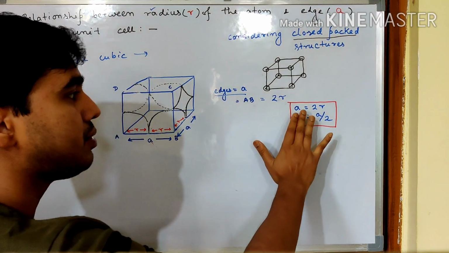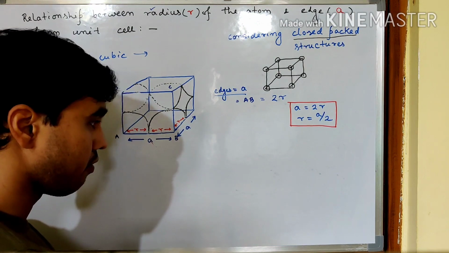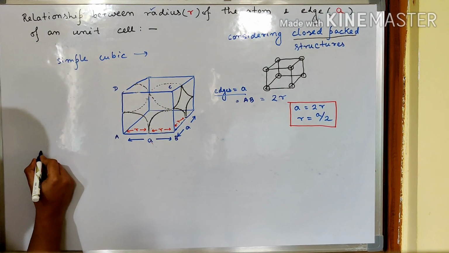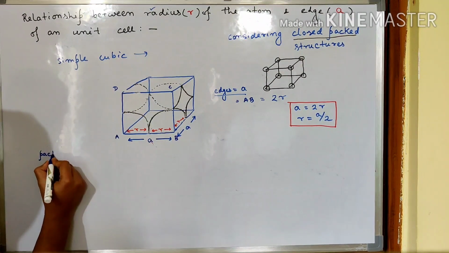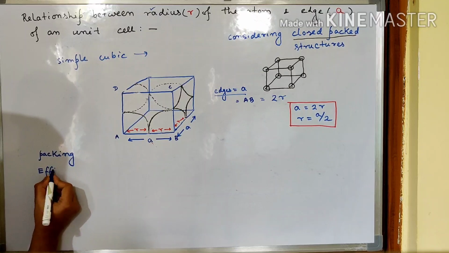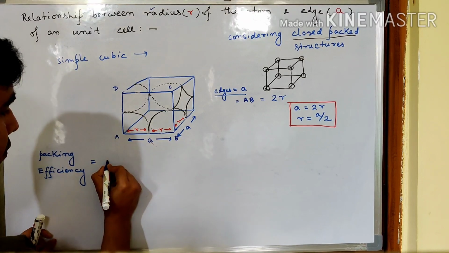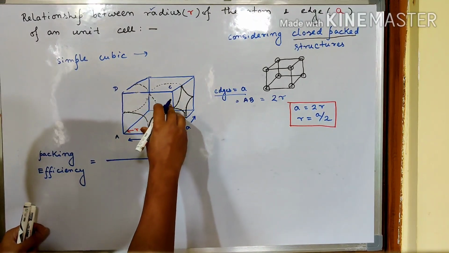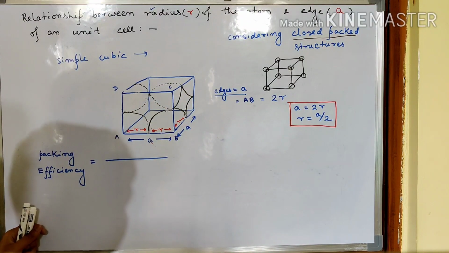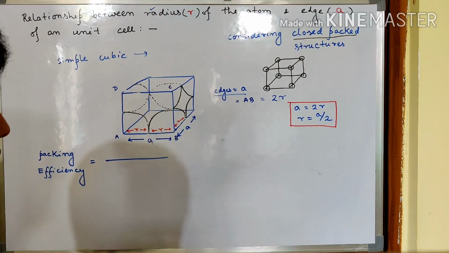After understanding the relationship between A and R in case of simple cubic, remember, because in case of BCC and FCC it is going to change, we will calculate here the packing efficiency. Now what is that? Packing efficiency means how much the volume of the atoms contributes within the unit cell, whether it is more or less, that we can calculate. How better it is packed, how closely it is packed. So for that we calculate